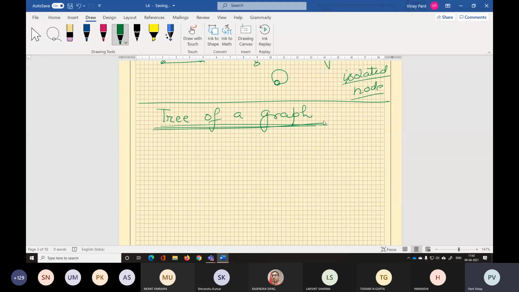Okay, what is a tree of a graph? Let me write the definition. Tree of a graph is a connected subgraph. First thing, it's a connected subgraph. Number two, it does not contain any closed path.